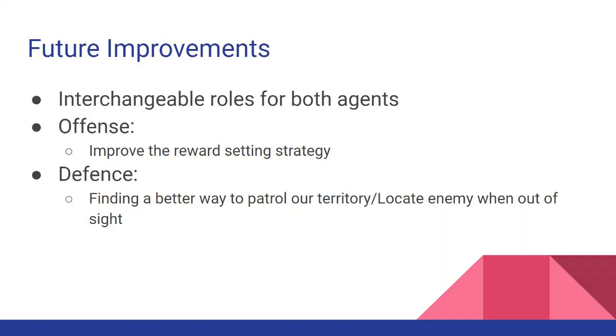In terms of the defense, we should find a better way to patrol our territory. Sometimes the defensive agent will be patrolling but unaware of our food being eaten out of its sight range. This can be dealt with if we can identify where our food is different from